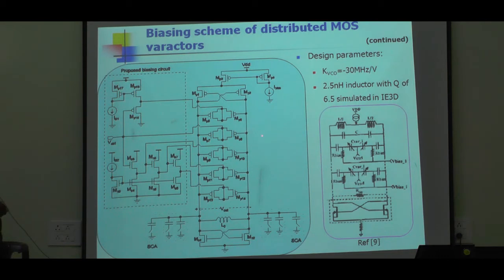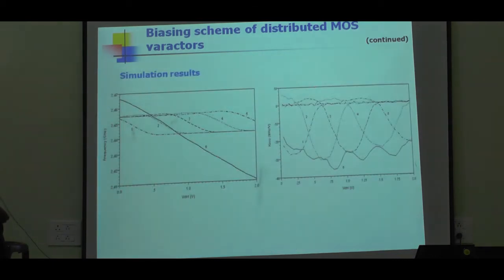So you can think of, say, 0 to 0.1 volt, one varactor, then 0.1 to 0.2 volt, another varactor. This way you can actually extend the tuning range further. That is called the distributed biasing of MOS varactor, by parallelization of the MOS varactor. So you can actually make it around 30 megahertz per volt, okay, and this is how